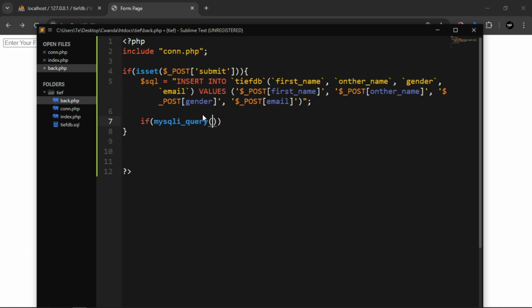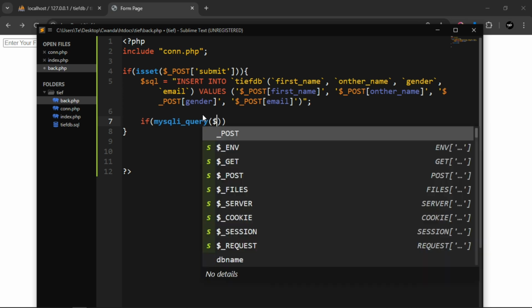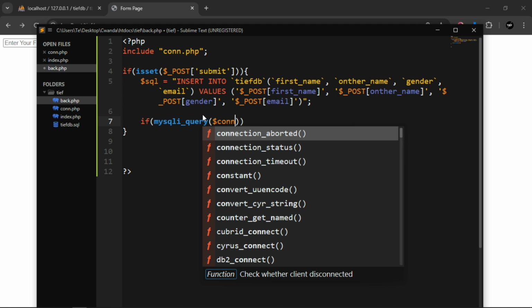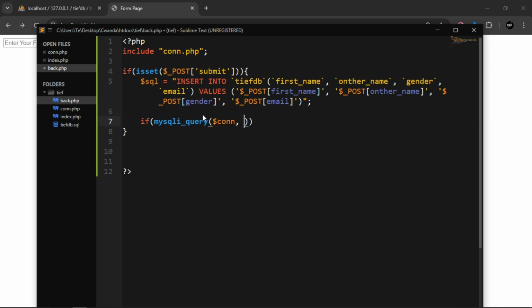Now we are going to call our connection and our SQL. Now if this is true,